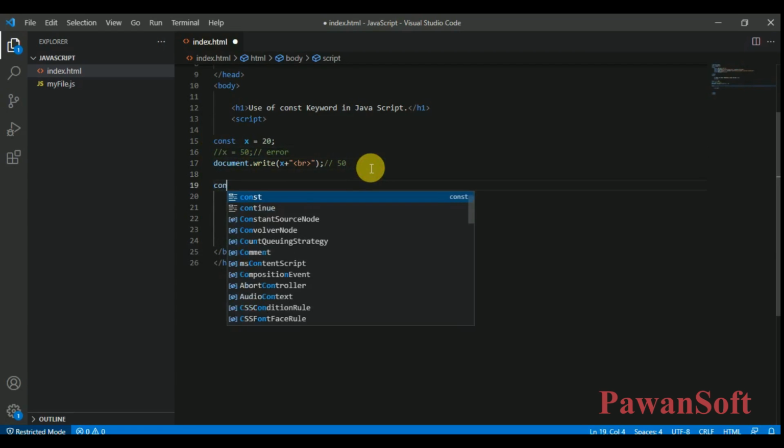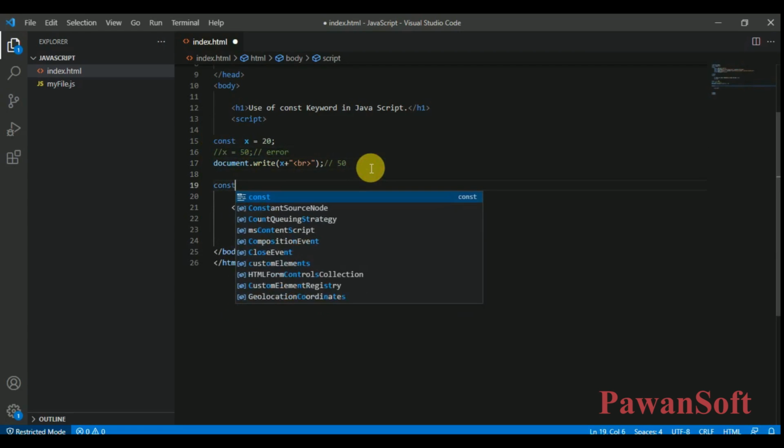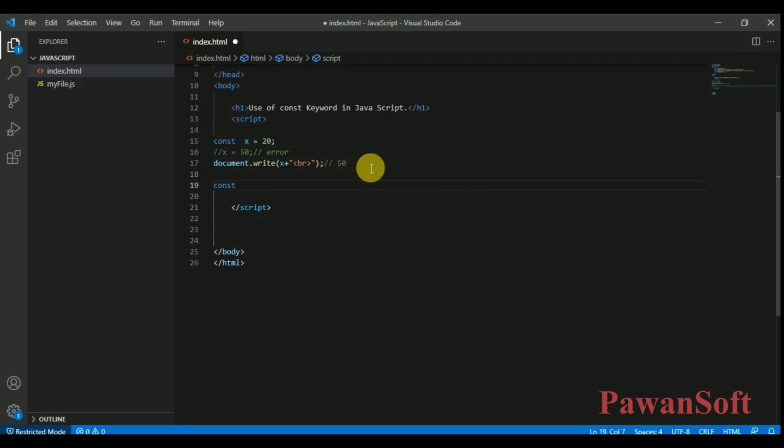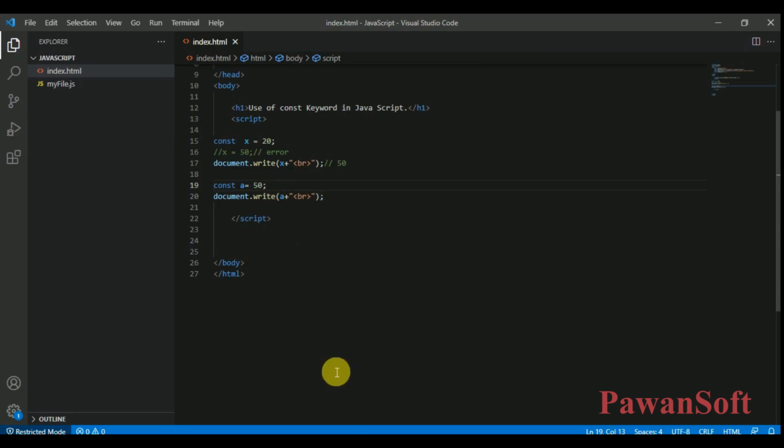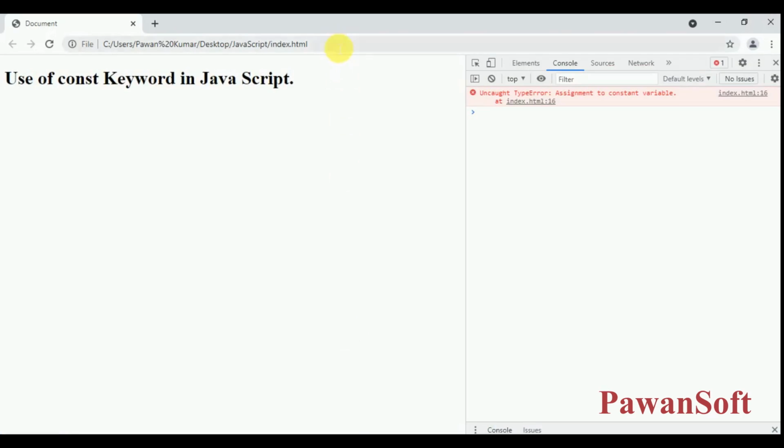And then const a = 50. Okay, let's print a. It will give you 20 and 50.